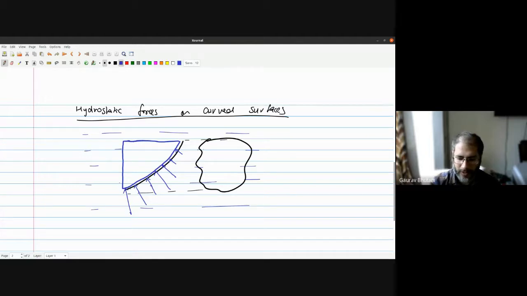So what this does is this basically results in an effective force which you can split into two components. One we call the force in the horizontal direction, the other we call the force in the vertical direction. So if I can find FH and FV, then my job's done. Now remember, this blue fluid volume is stationary, and the forces acting on this blue fluid volume, which I call my free body,